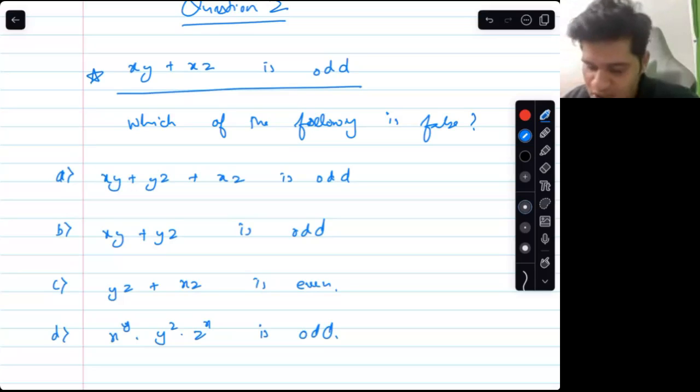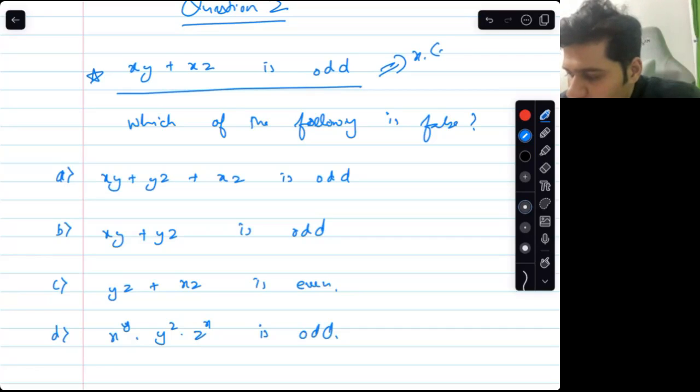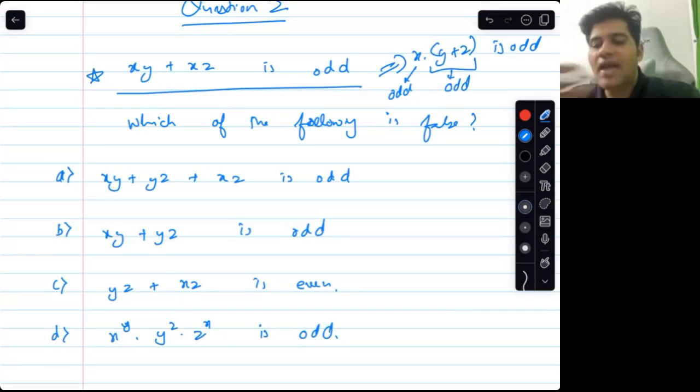The first deduction is correct. Deepak Mishra and Janish Togadia, the first deduction is correct. Xy plus xz is odd implies x into y plus z is odd, implies both of them are individually odd. Okay, good starting point. But I leave you with the question for a while. Take 5 minutes, try to give me the answer, but do not give me the answer without the reasoning. Without the reasoning, no answer is an answer. So if you cannot give me the reasoning, it does not count. Option C is not the answer.